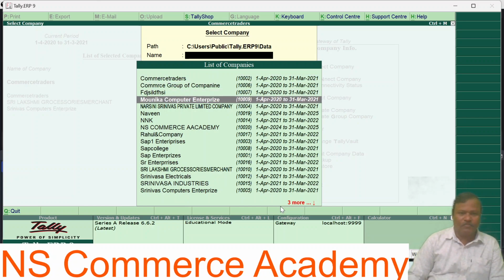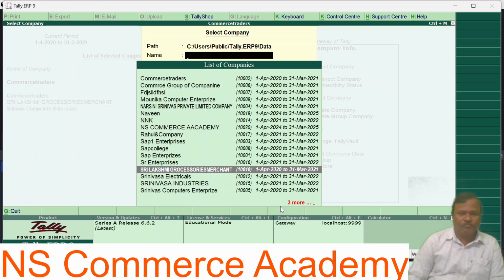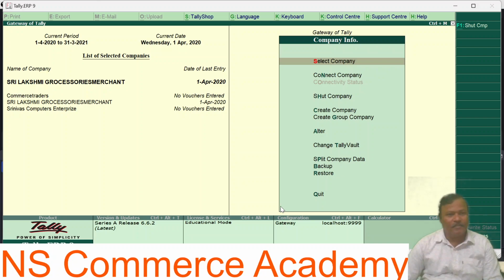I am selecting the same Sri Lakshmi Groceries Merchant. Then the Sri Lakshmi Groceries Merchant will be activated.